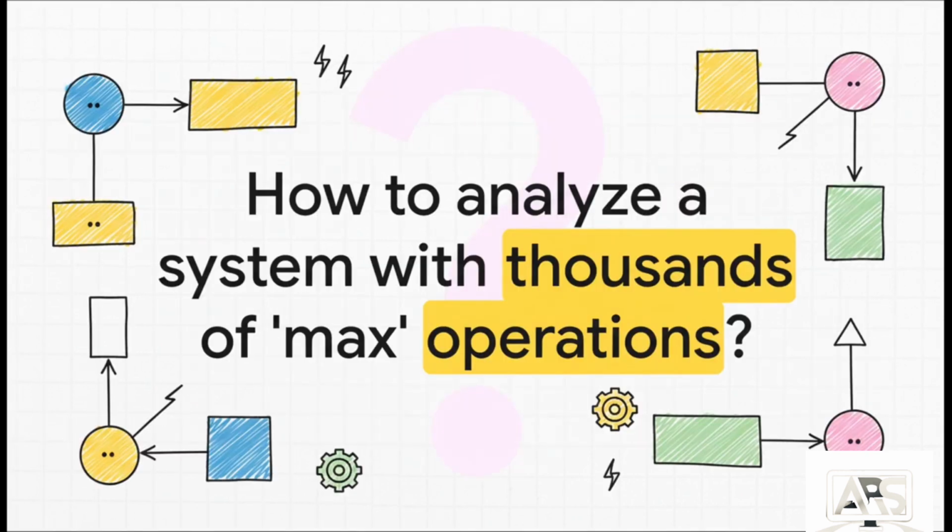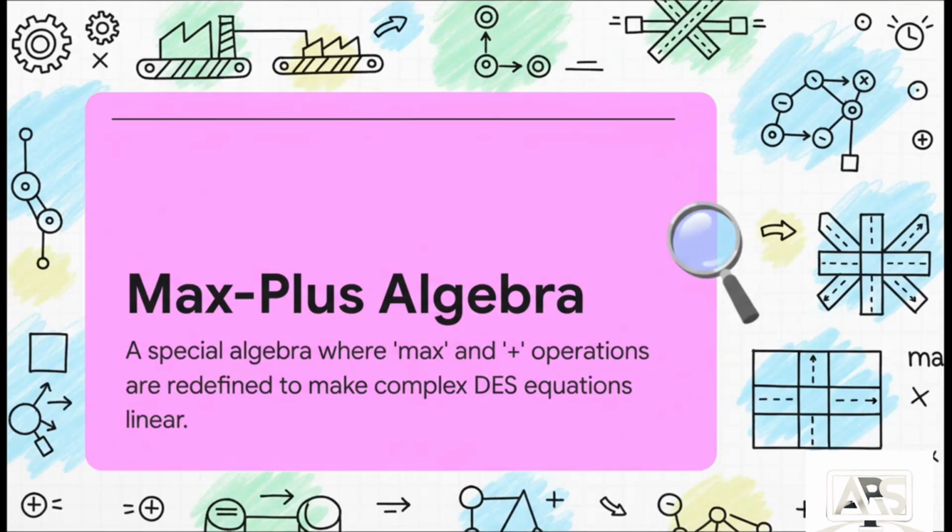Imagine trying to solve this for a city's entire transit system or a global supply chain with thousands of moving parts. All those max functions would create this nightmarish web of possibilities. How could you ever predict how a system like that is going to behave? Well, the answer is this absolutely beautiful, kind of magical thing called max plus algebra. It's like we step into this alternate mathematical universe where the rules are just different. And they're different in exactly the right way to make these problems simple.